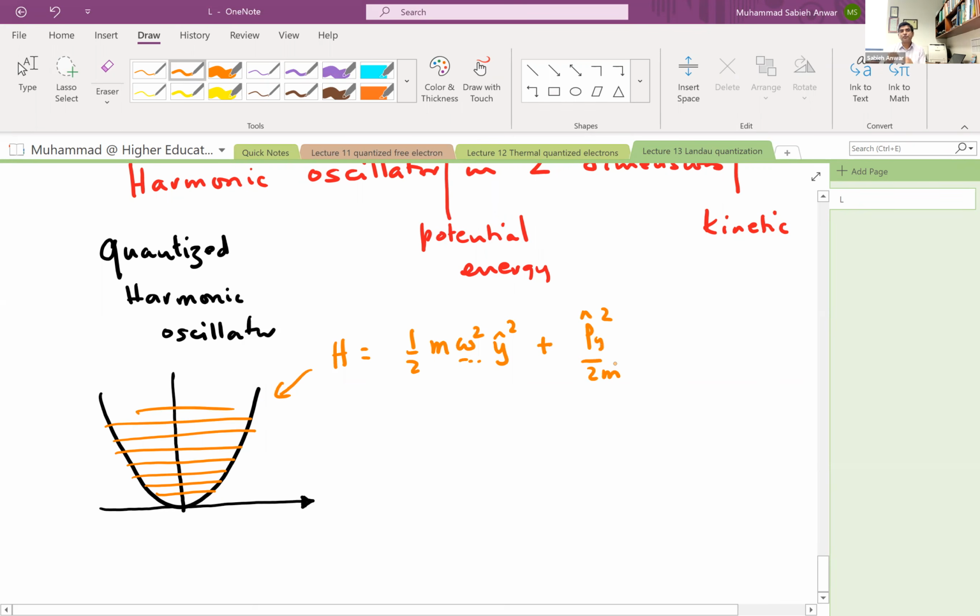If I were to solve the energy structure of this Hamiltonian, what would I get? What are the solutions for this one-dimensional harmonic oscillator? What would the energies look like? So this black curve is a graph of the potential energy versus y. Vy is half m omega squared y squared, which is nothing but k y squared. So if I were to solve this Schrodinger equation,